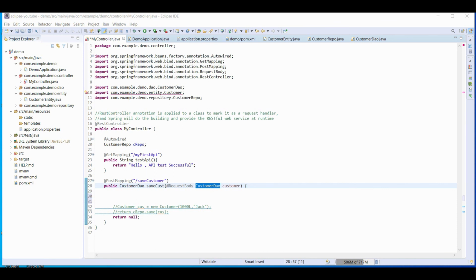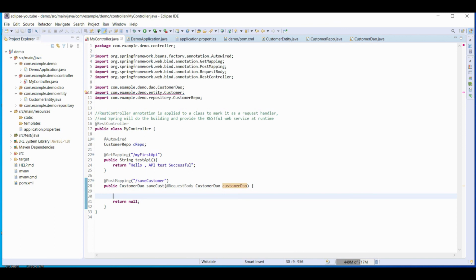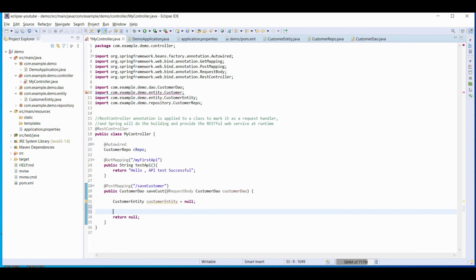So we have to map all the data present in this customer DAO into a customer entity object. Only a mapping operation we have to do, and to save our customer entity we will create a customer entity object. You can use a constructor to create your object and pass the details here.